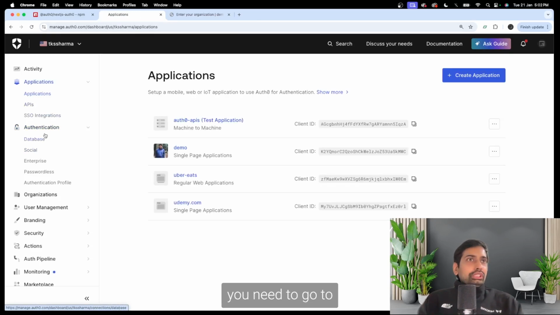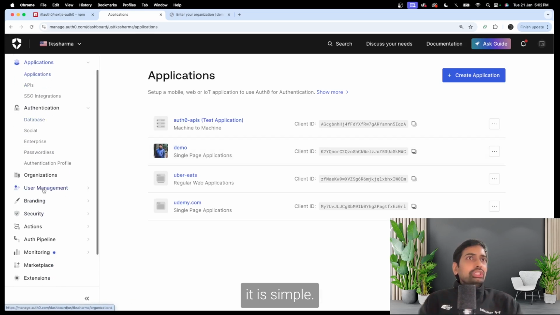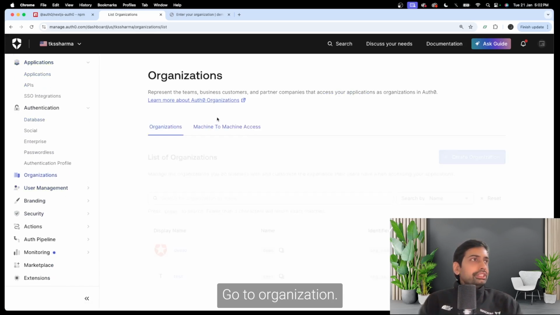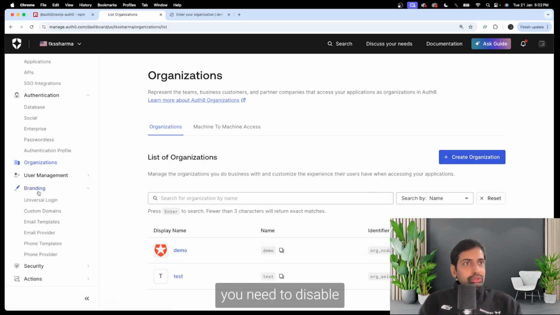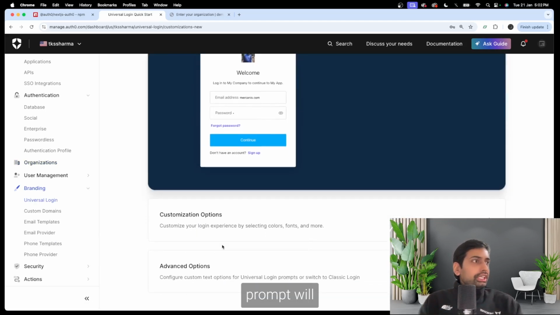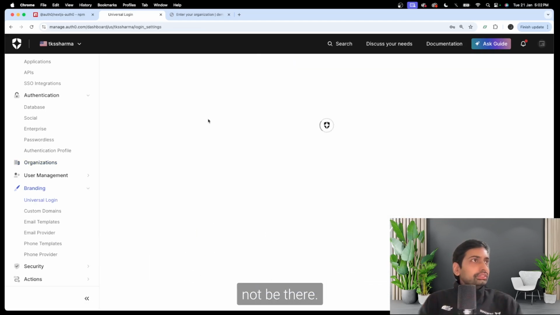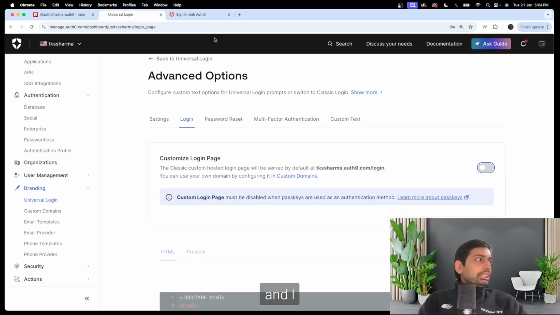Okay, now let's see how I'm able to enable it. How to enable it is simple. Go to organization, just enable this feature, create organization, enable the connections. Apart from that, you also need to disable the universal login. Otherwise, this organization prompt will not be there. So I will just disable the universal login and I should be good with